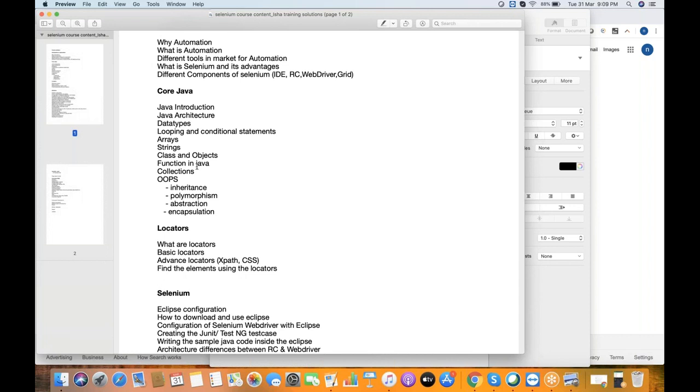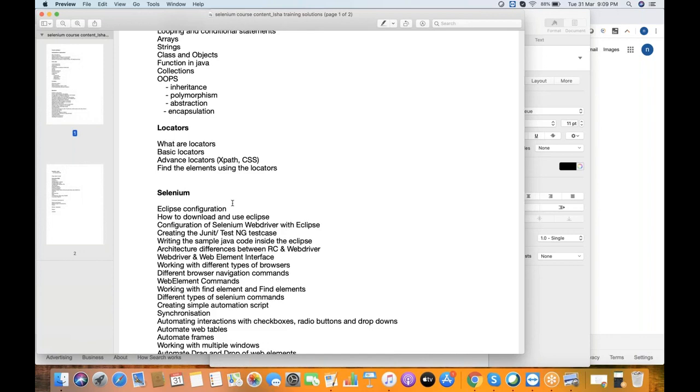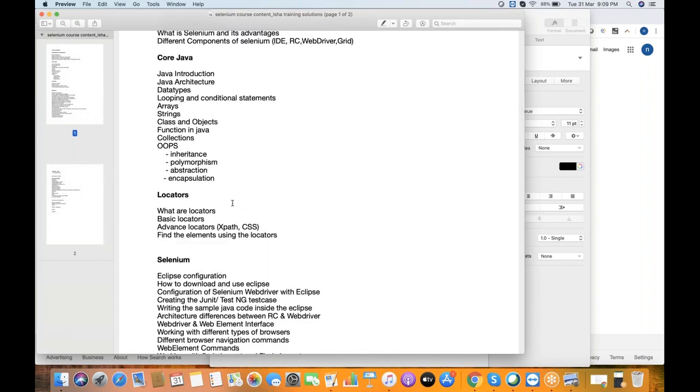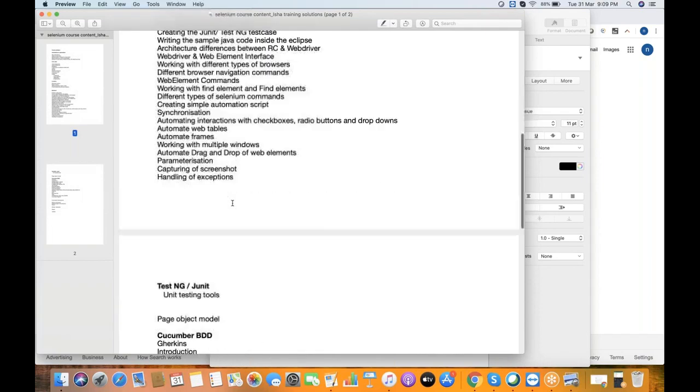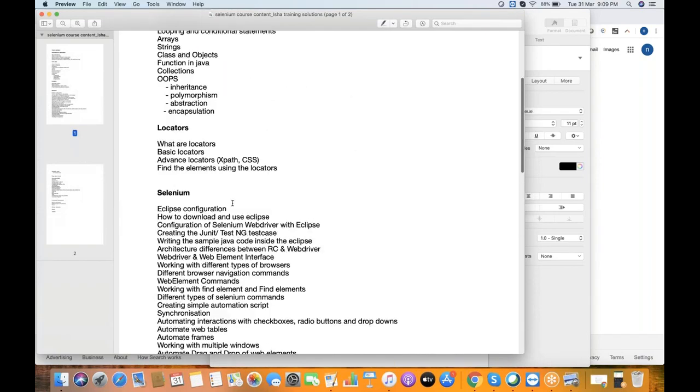Once these are clear, we'll start with the actual concept of object oriented programming. It will take around 10 hours or so to cover complete core Java. Once core Java is done, only then will we move to the Selenium part, because it's a prerequisite to be familiar with any of the programming languages supported by Selenium. I'll come back to this content again.